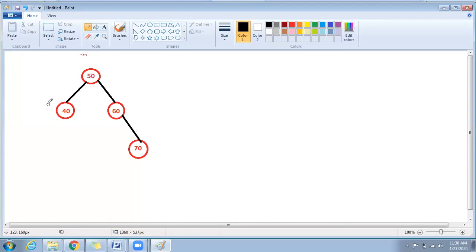Guys, please, everyone listen. If you don't listen, you definitely cannot take up this problem. 99% you can expect a problem on AVL trees. This is the basic I'm explaining now. You have to understand. Without understanding, you cannot attempt the problem. But if you understand, it is very easy to score marks. You will definitely get problems. You cannot mug it up like other subjects. You have to understand the flow. That is why I'm going slowly.